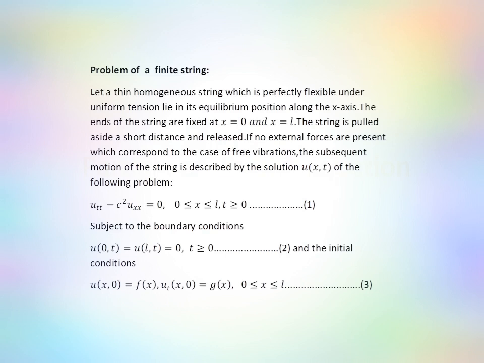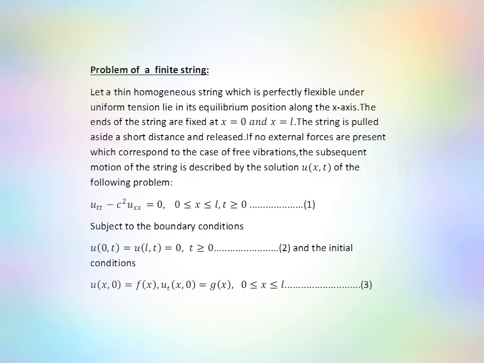Let a thin homogeneous string which is perfectly flexible under uniform tension lie in its equilibrium position along the x-axis. The ends of the string are fixed at the point x equal to 0 and at the point x equal to L. The string is pulled aside a short distance and released. If no external forces are present, which corresponds to the case of vibrations, the subsequent motion of the string is described by the solution u of x, t of the following problem. We discussed the vibrations in previous classes,